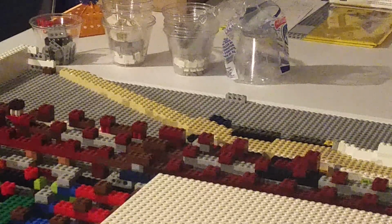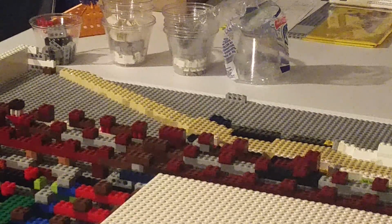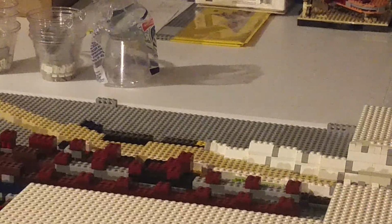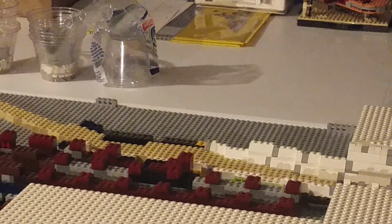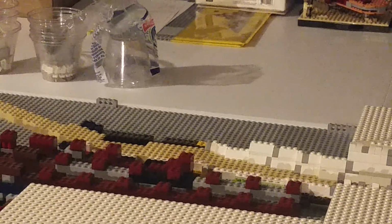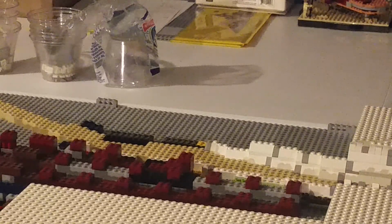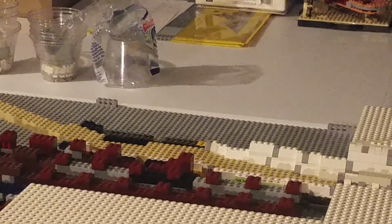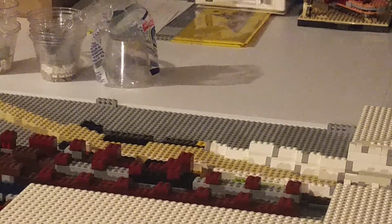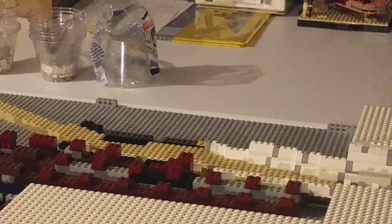So, I was able to make 3 layers right there. I did a little on the trenches right there, just because I found some more whites and gray 1 by 2 house slopes, and I was able to do a little work, not much. I also figured out after literally working on the little